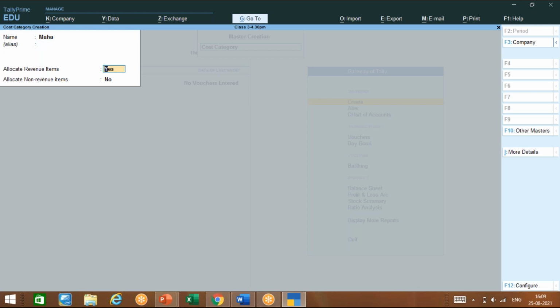Is it clear to everyone about creating a cost category? Did you activate cost centers and then find it in show more? Everyone, yes to all? Yes, ma'am. Enter, create. Now press escape,